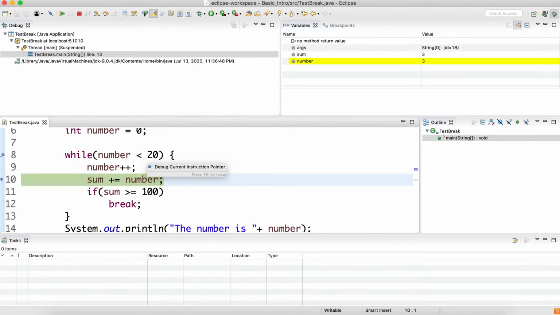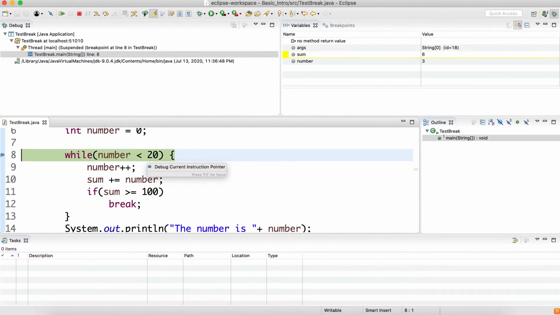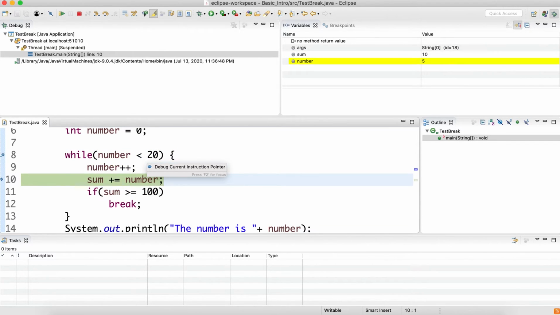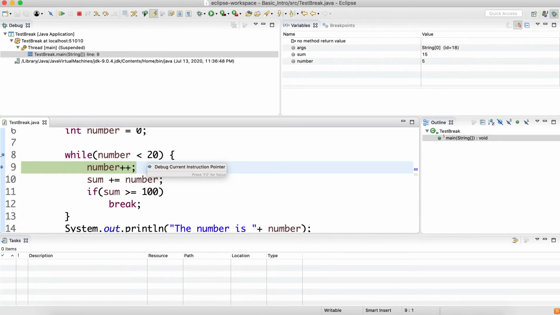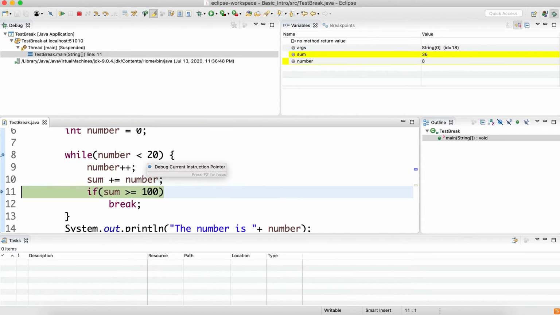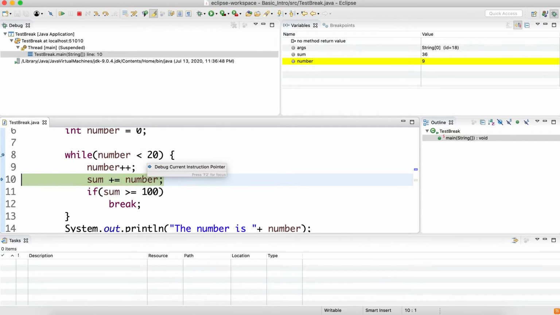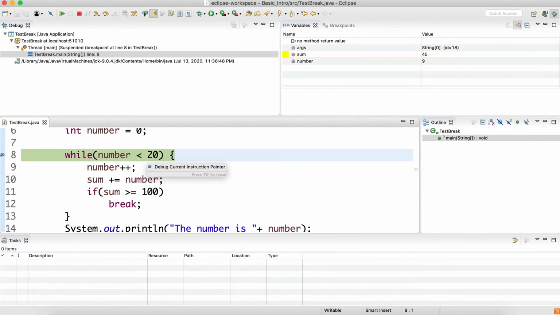Like this, you see every time sum and number are being updated. Okay, so let's go with this step into. Number is now 7, number is now 8, and it's now added with sum, which becomes 36. Number is now 9, it's now added with 36 and becomes 45.